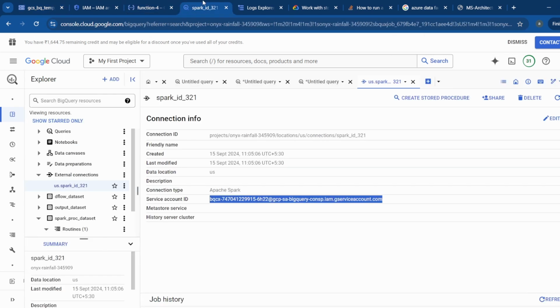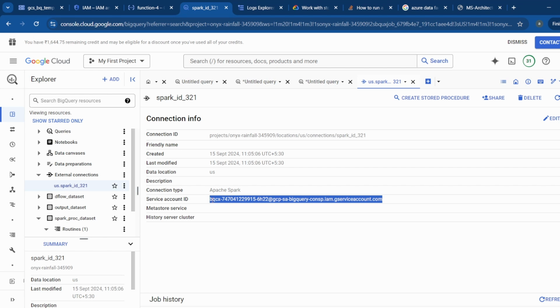This Spark connection is using this service account, and I need to give this service account permission because the Spark procedure uses it to run the Spark procedure,